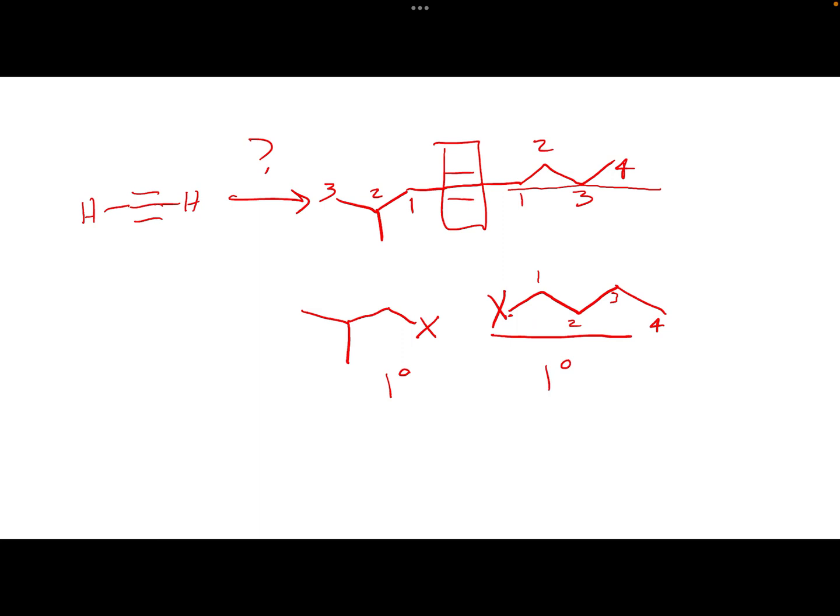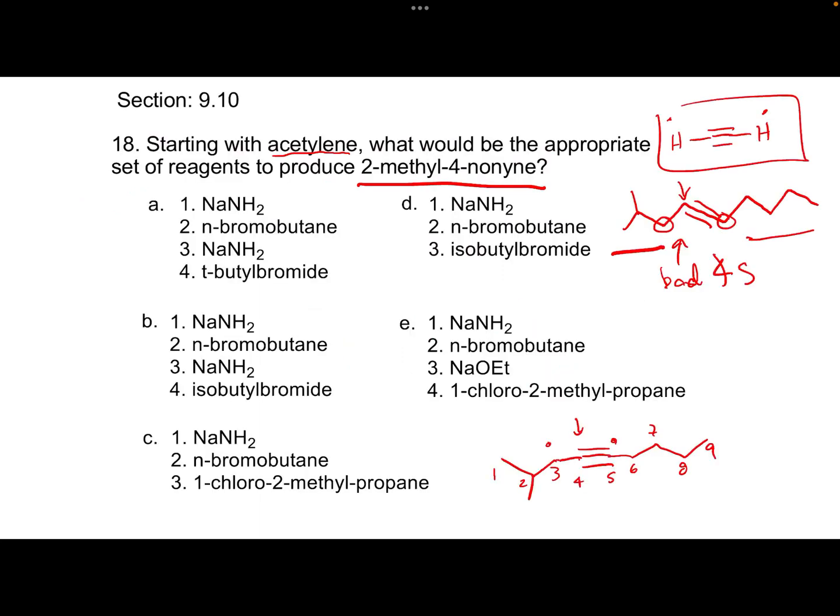So now we need to just look back at our answer possibilities and see what order of reagents works with these. It doesn't matter which one we add first. They just need to be added in a stepwise formation. So each one of these starts out with sodium amide. That's great. It's going to deprotonate one side of that acetylene. And notice it's just one equivalent because we were purposefully only deprotonating one of the protons and creating this